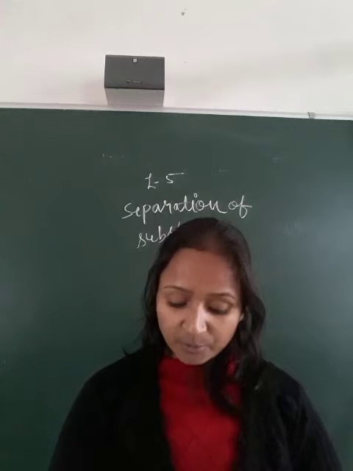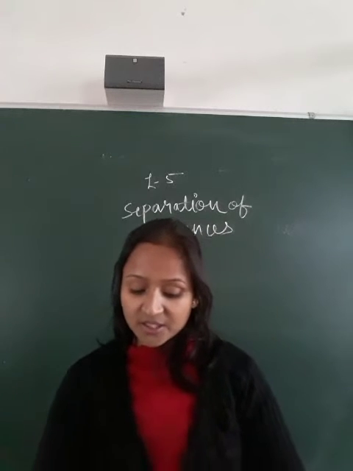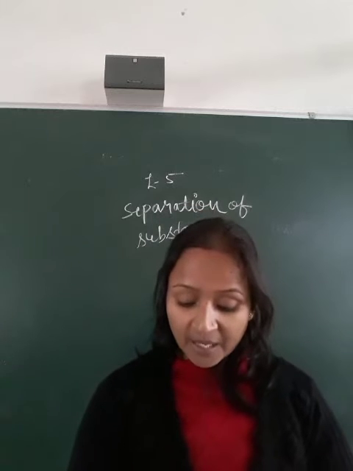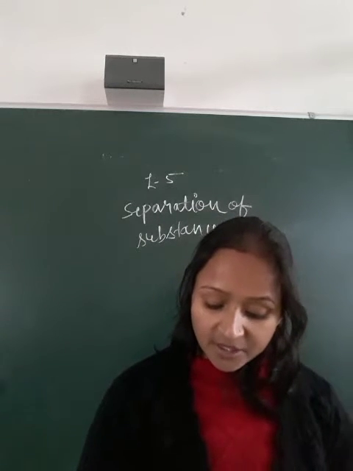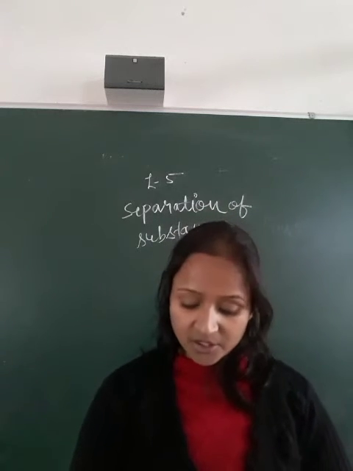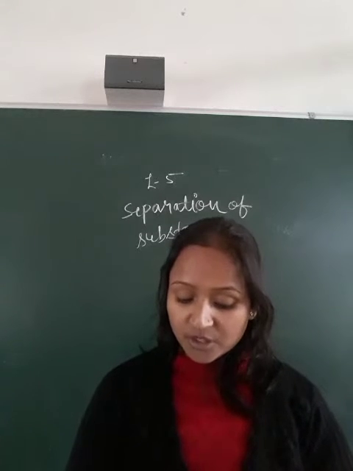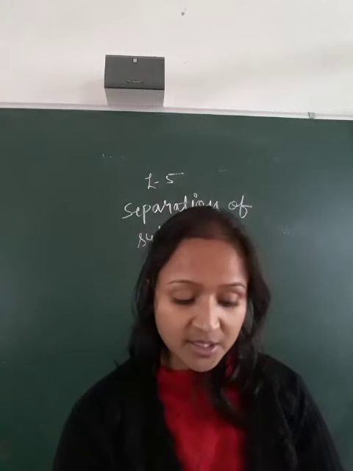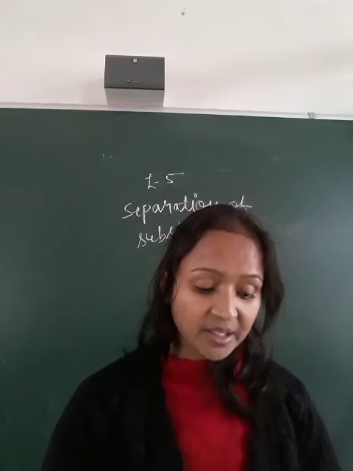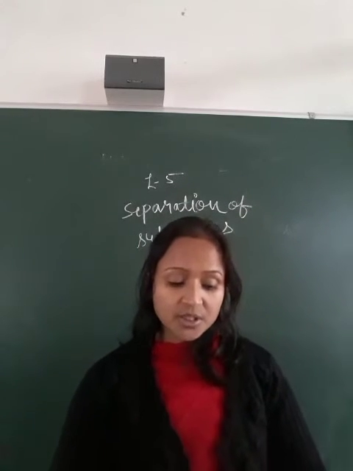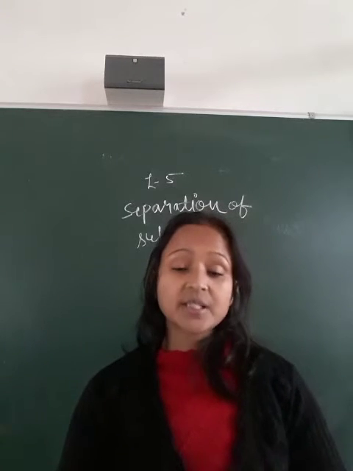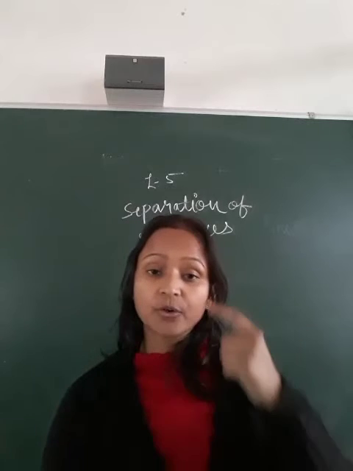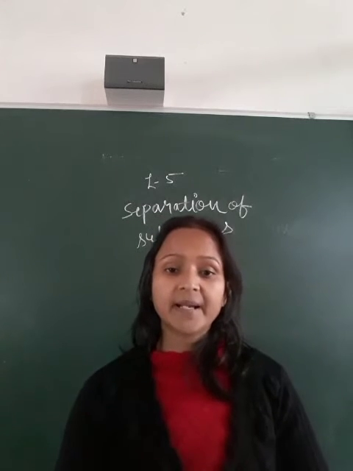In Table 15.1 are given a few processes under the caption separation process. In columns 2 and 3 the information is jumbled. Try to match each process with the purpose of separation and use of separated components. That is Activity 1: separation process, what is the purpose of separation, and what is the use of separated components?